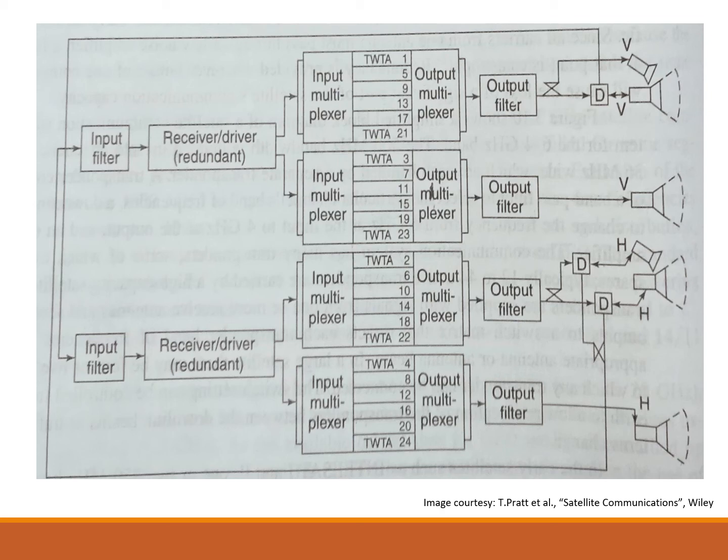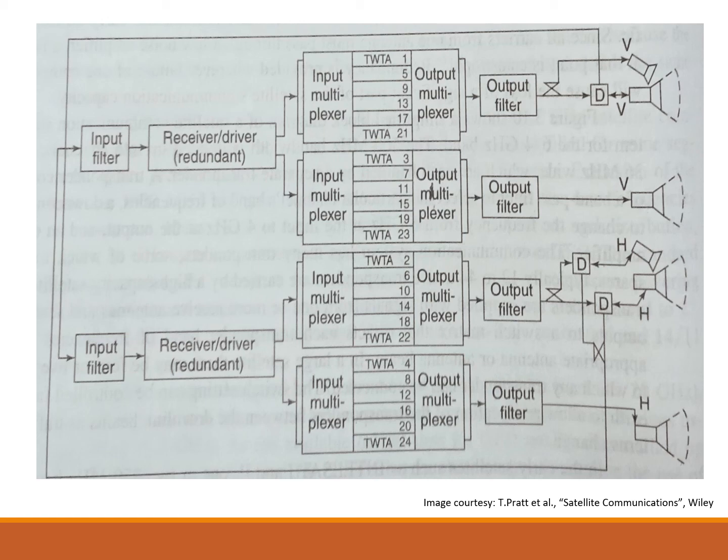For amplification of uplink signals, either parametric or gallium arsenide FET low noise amplifiers are used. The noise figure of such amplifiers is around 2 decibels to 4 decibels. Then using down converters, these amplified signals are down converted to lower frequencies. If we take example of simple C band, then downlink frequencies are from 3.7 gigahertz to 4.2 gigahertz. For Ku band, the frequency range is 11.7 to 12.2 gigahertz.